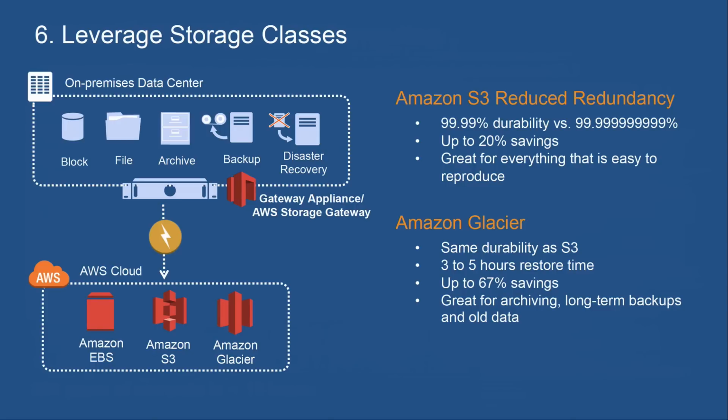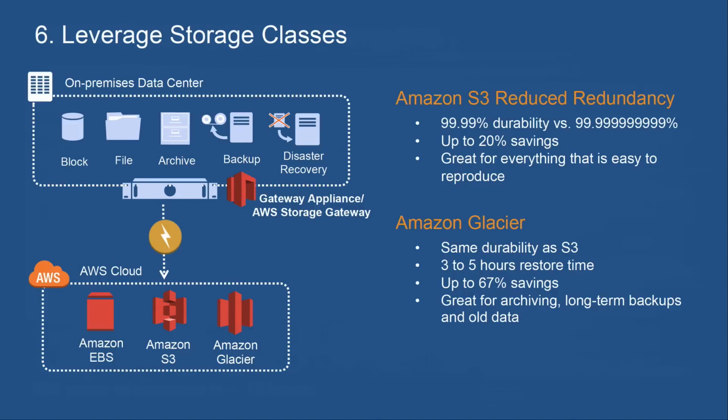We also have Glacier, which is a high durability service in the same way as S3, offering 11 nines of durability. And Glacier provides a low cost option for archiving long-term backups and retaining data that you might need to keep for regulatory reasons. It's intended for read never applications, so it's only really intended for applications where you need to infrequently access your data, or very infrequently access your data. You have a 3 to 5 hour restore time in order to retrieve data from Glacier, at which point it'll be placed back in an S3 bucket for you to access.